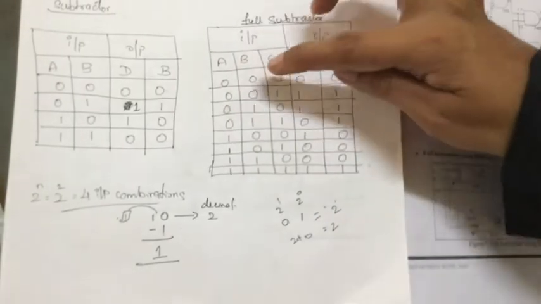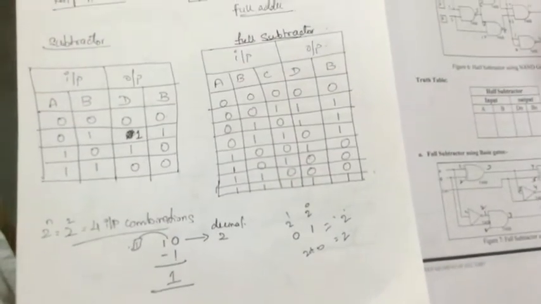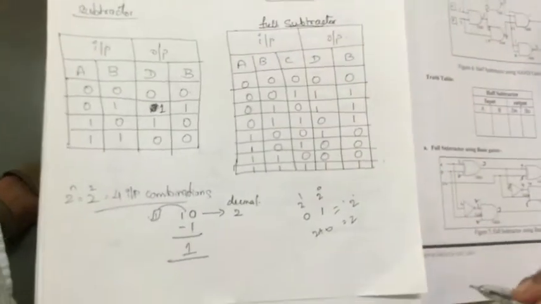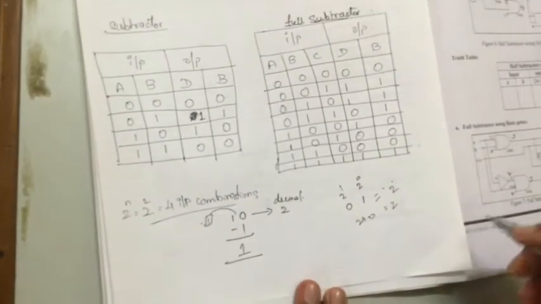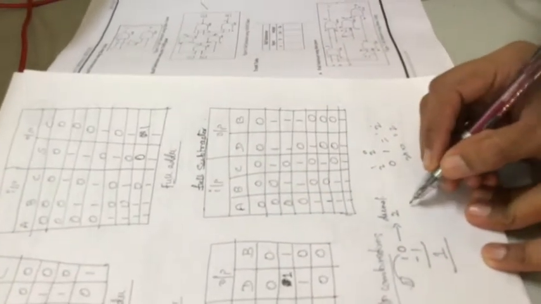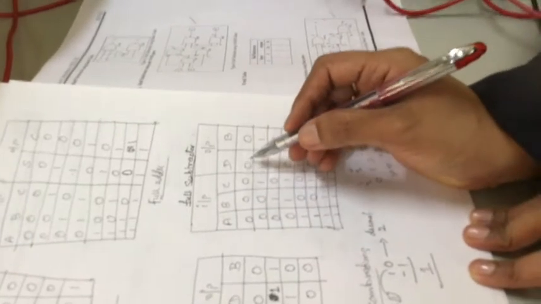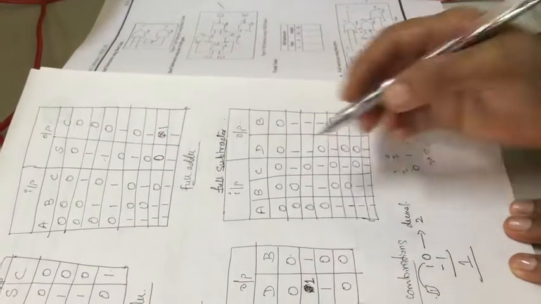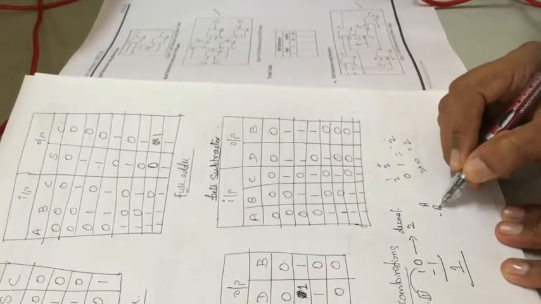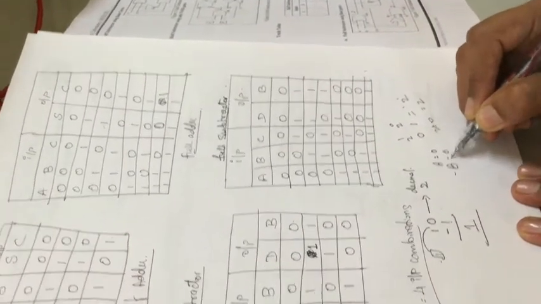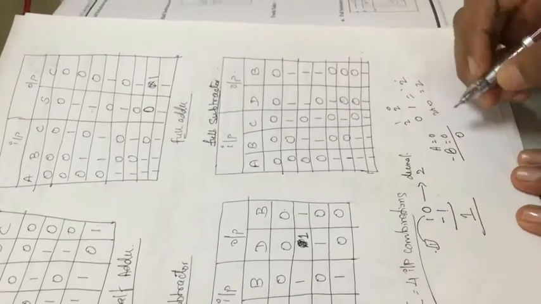Here what we need to follow is that we initially subtract. If we have 3 inputs here, A, B and C, say A is equal to 0, B is equal to 0, C is equal to 0. 0 minus 0 is 0, minus 0 would be 0 and 0. Next I will subtract A minus B. So A is equal to 0, B is equal to 0. The value is 0.